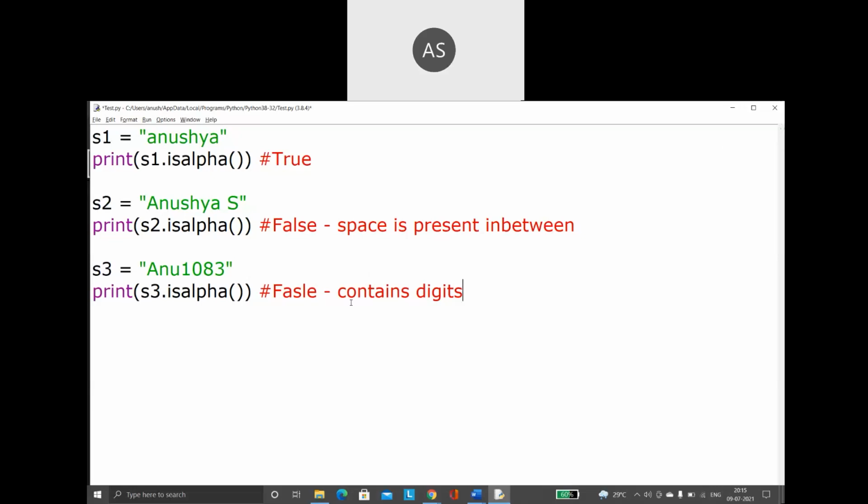Isalpha means only alphabets. In the same way, let us take another example. Here I'm going to say 1, 2, 3, 4. Is this alpha? Again false, because it does not contain any alphabet at all. Only digits are there. So isalpha is going to give me the result as false. Run this program. Let us check the outputs.